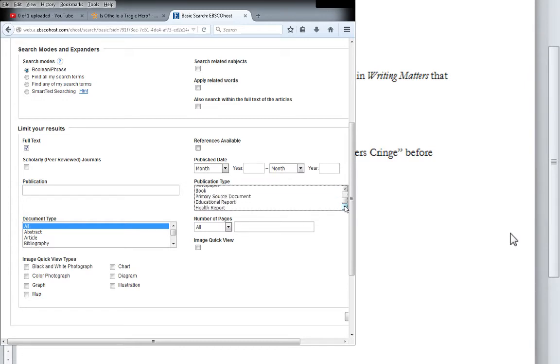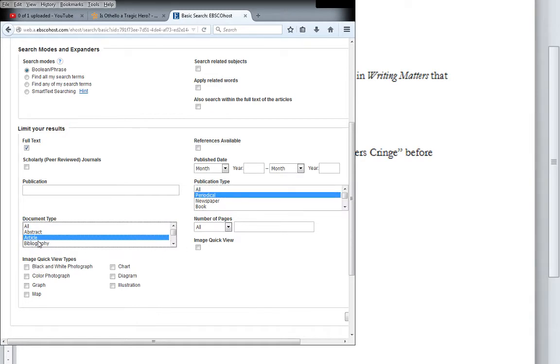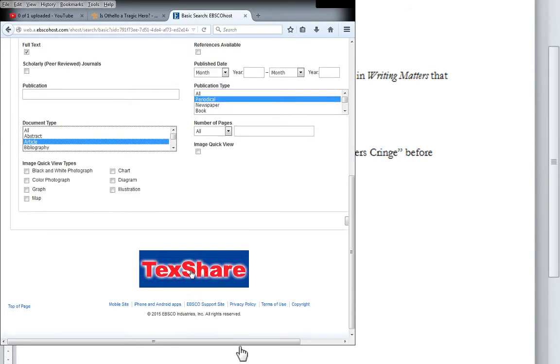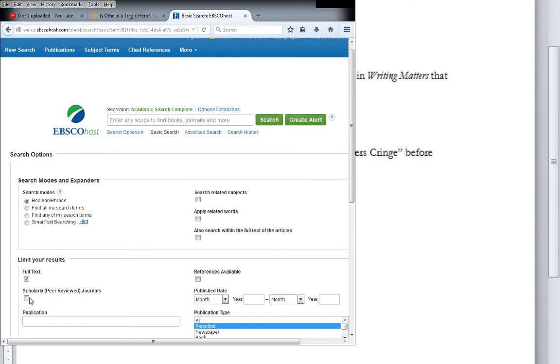You want to make sure that it is coming from a periodical, so select periodical, and you want to make sure that it is an article, select article. Preferably you'll want to click scholarly, but that might not always get you enough items to have your research, so you might need to uncheck that.